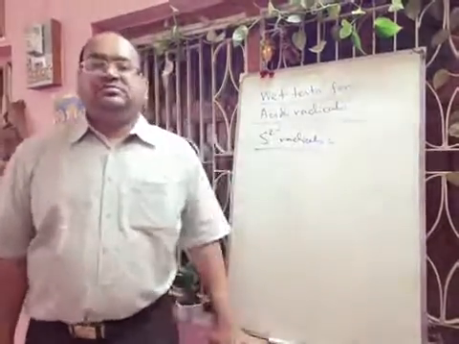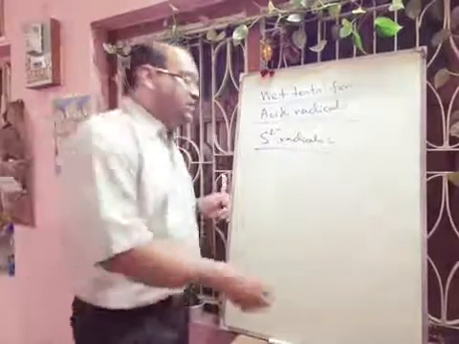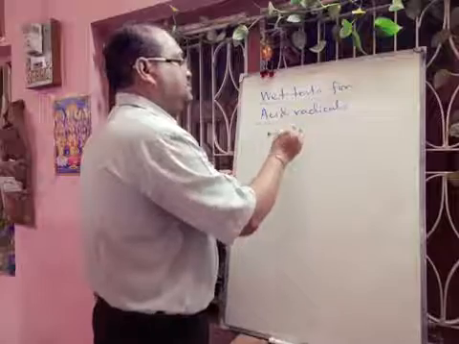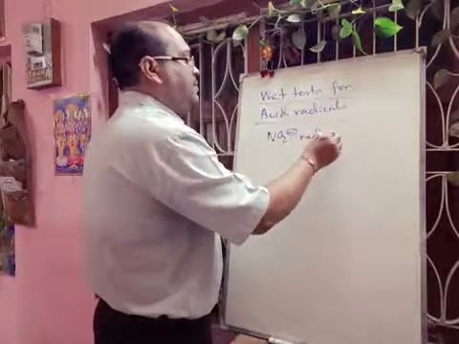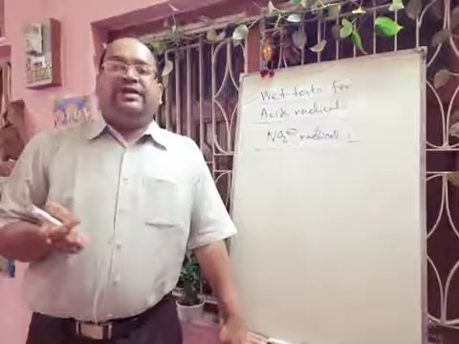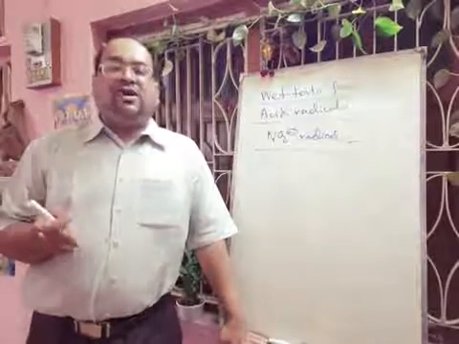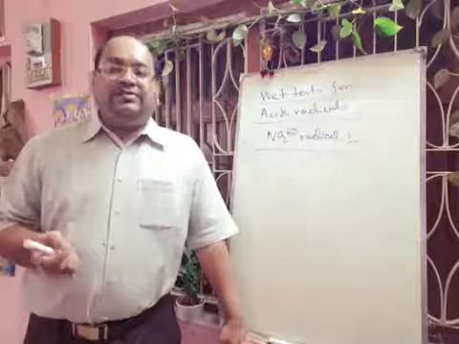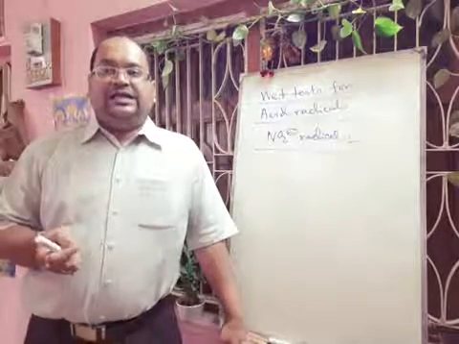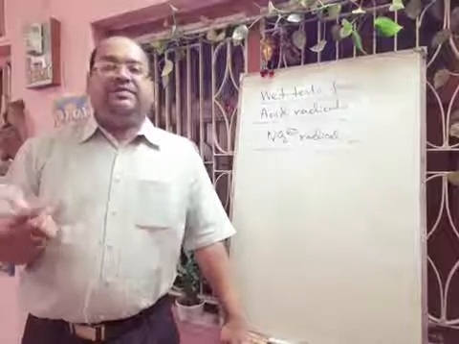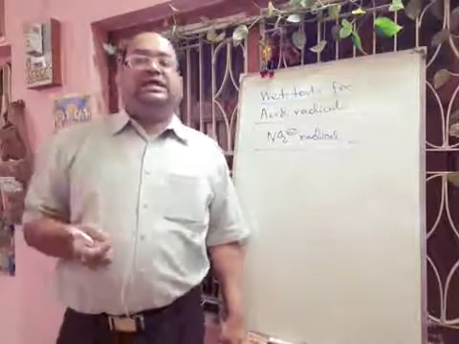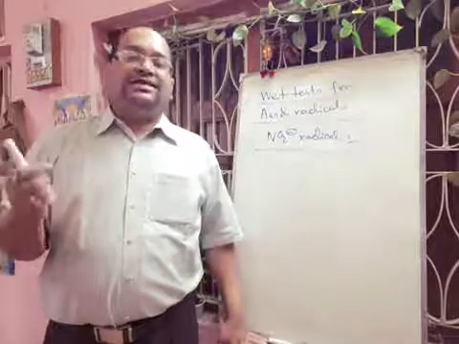Next we will discuss the NO2 minus radical, the nitrite radical. In the case of nitrite, we know that nitrites are water soluble, so we take 1 ml of water extract and add 2-3 drops of acetic acid. Then 2 ml of freshly prepared ferrous sulfate solution is added. Then we will get a dark brown solution that also confirms that NO2 minus is present.